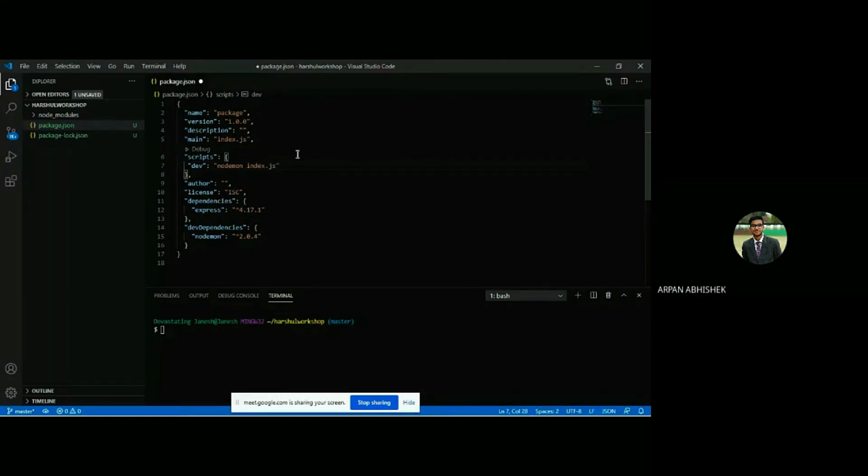Yeah, you can save the package.json, and for now you won't need much.